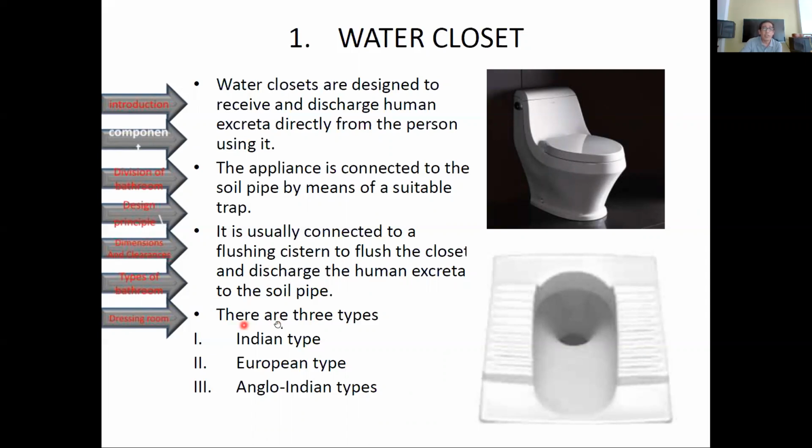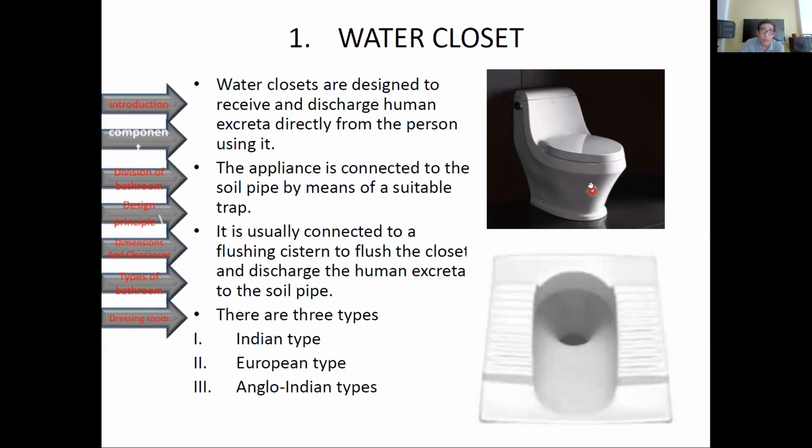There are three types of water closet, which are the Indian type, European type, and the Anglo-Indian type. We will discuss the three types later. The inside mechanism of this water closet will differ depending on the brand and the type, and the consumption of water will also differ depending on the brand and the type of the water closet. But these are all flushed with water, but sometimes there is a water closet that is air flush.